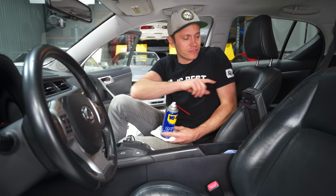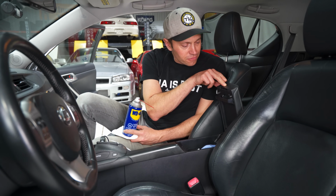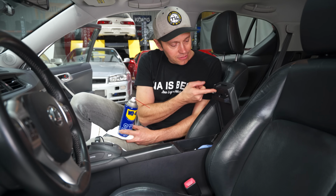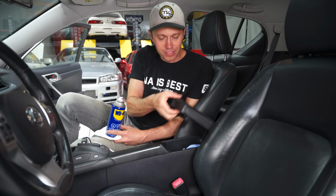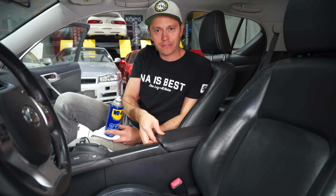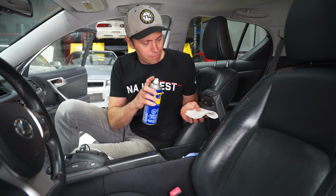With BMWs, I have to worry about things like tensioners, cooling systems, rod bearings. With my Lexus, I have to worry about things like this, where the center console little door here, this button sticks. You can see it doesn't want to come back up. I gotta pull it up by hand. So when I try to lock it, I always have to sit here, kind of pull it up, and then it locks. Very, very difficult thing to do. Lots of thousands of dollars in maintenance and